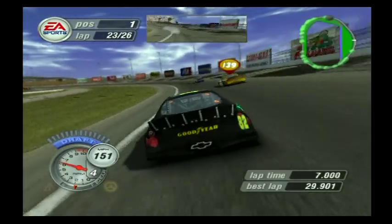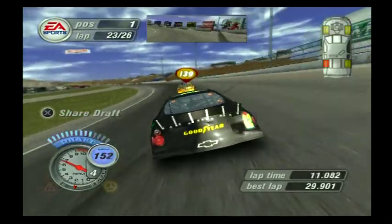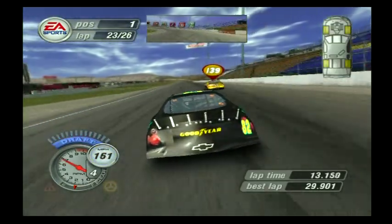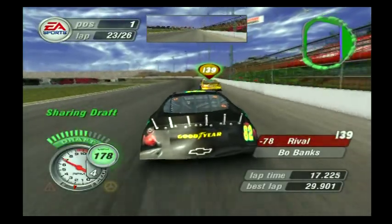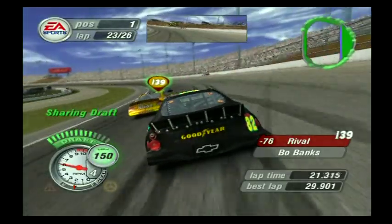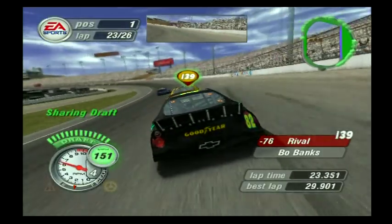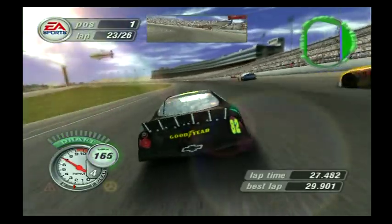All right, so let's see here. What kind of rival is this guy? He's a 78, so yeah, he's going to hit us. Bo Banks is going to hit us. I'm just going to ride behind him here. I'm not too worried about it. I might try to cool the waters a little bit, though. Because if we get by him, or get beside him, he's going to try to hit us, so we either got to get by him super quick, or...